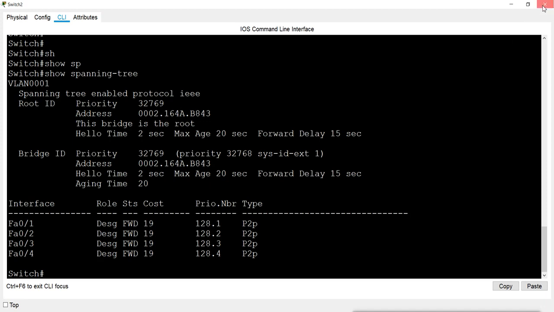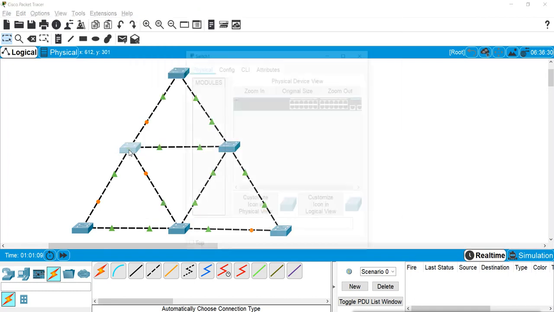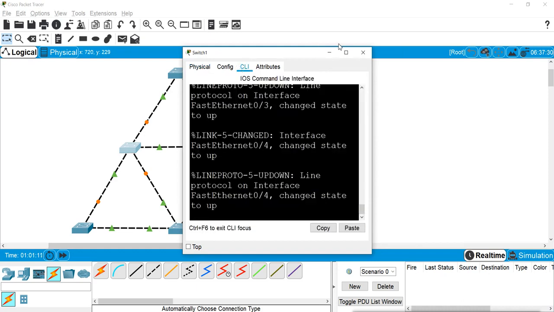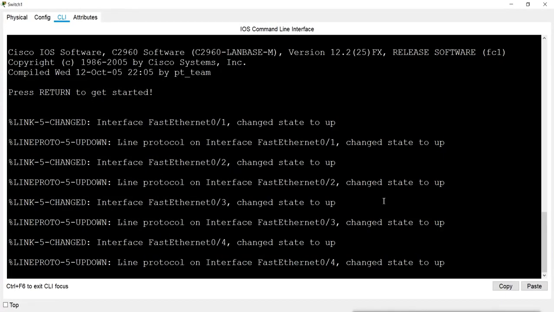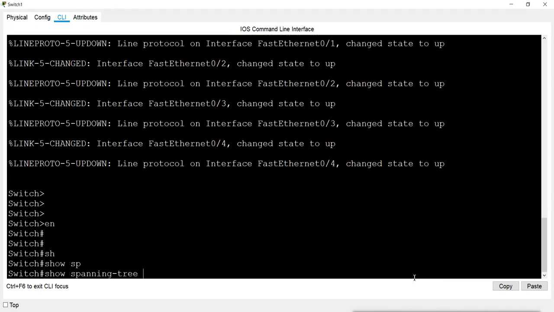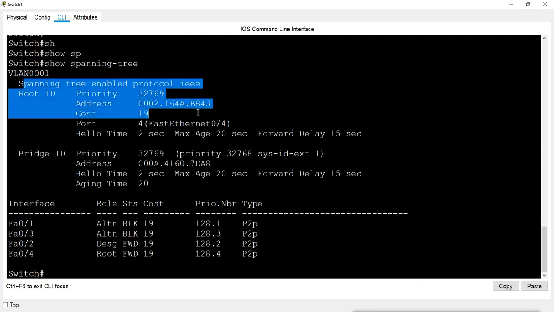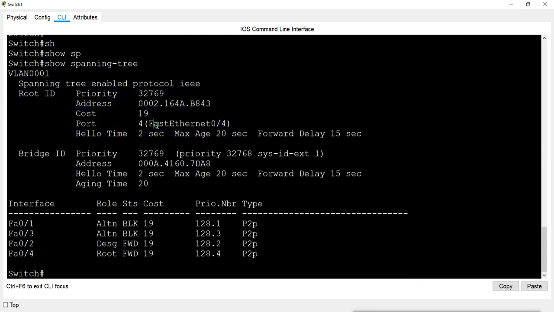So this switch is our root bridge, and all the other switches are non-root bridges, and they have the blocking states. If you check show spanning tree, we can see here it also shows the root bridge information, and I can reach that root bridge by this port, FastEthernet 0/4.